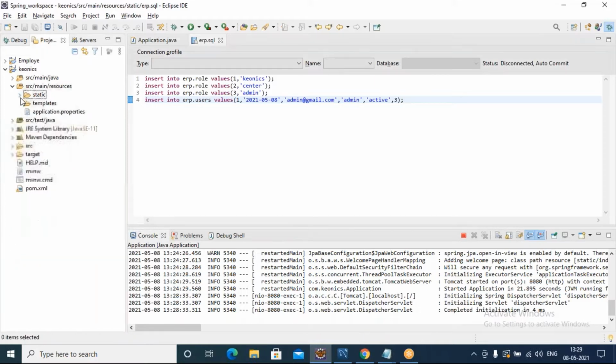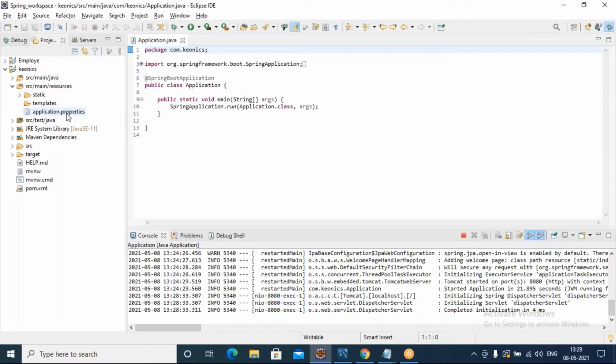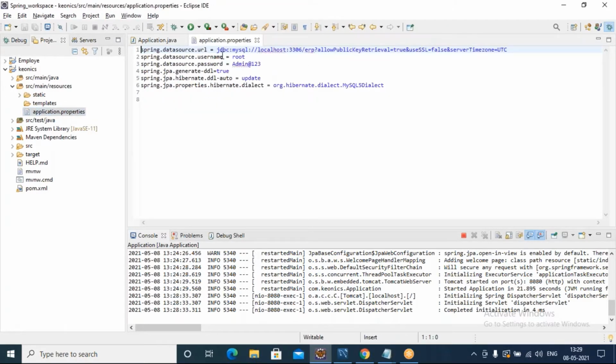So in main resources, we have the application.properties file. I'll open this file. This is the URL my application is currently using to connect to my database. Here root is the default username, and while installing you provided some password.